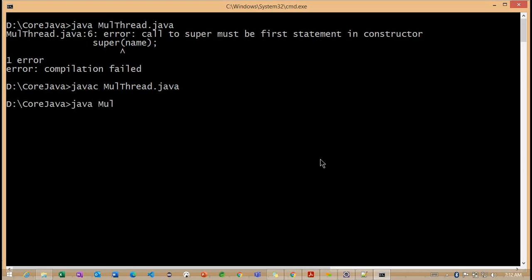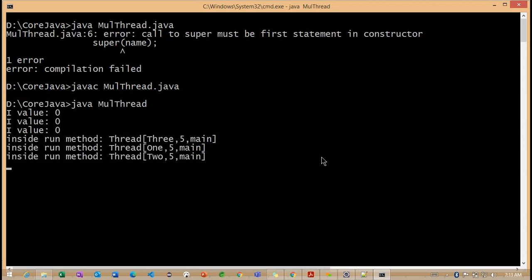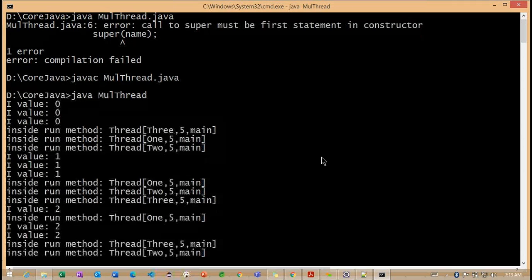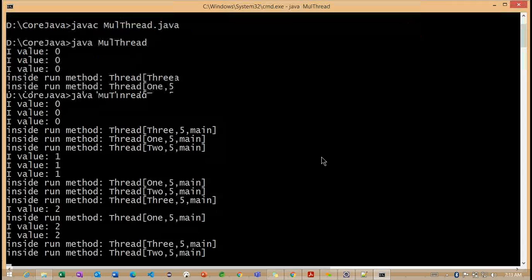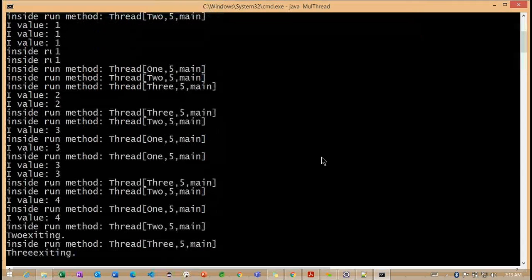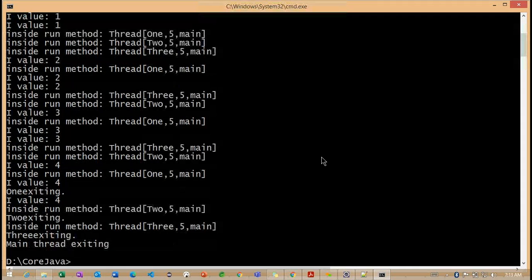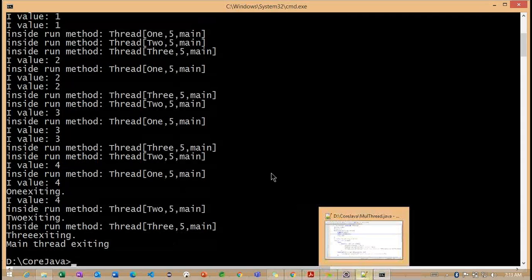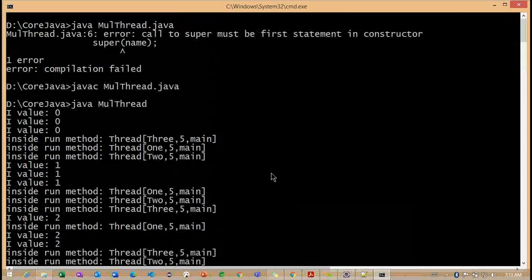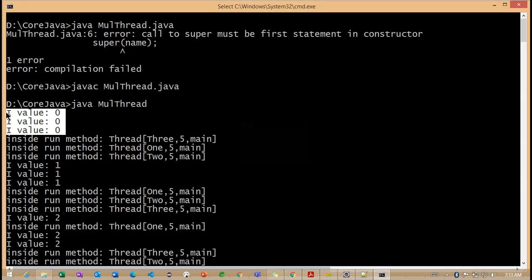Now observe here the value zeros. First we'll understand how this example is working internally. These are the I values.